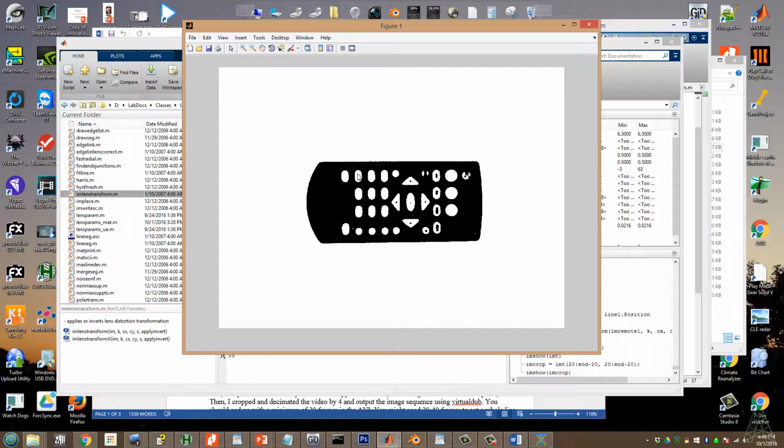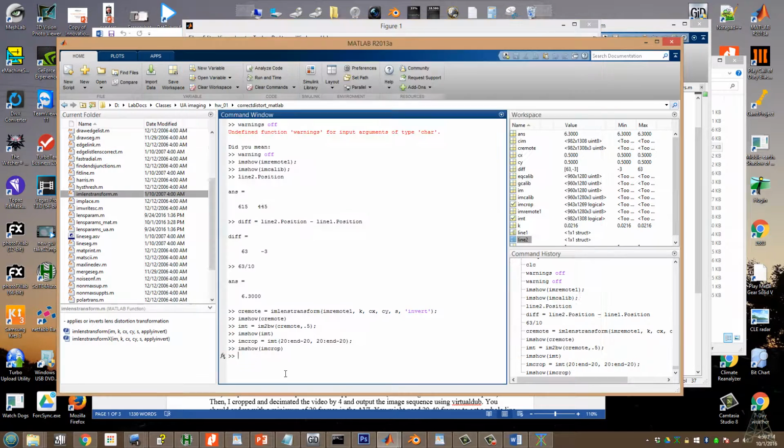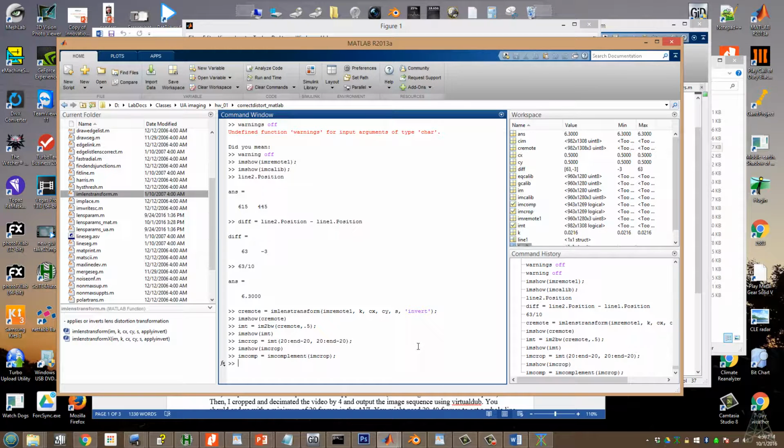Now we have another problem. What about all these buttons? They're like holes inside of this image. There are commands for this, because we want to find the area of the remote. We don't care about the buttons for now, maybe later. We might be able to fill these with a command from MATLAB. Another thing to recall is that this is a binary image. The black is zeros, the whites are ones. We want the remote to be ones and the background to be zero, so we have to complement the image. I'm going to type imcomp equals imcomplement of imcrop. Now if we type imshow imcomp,